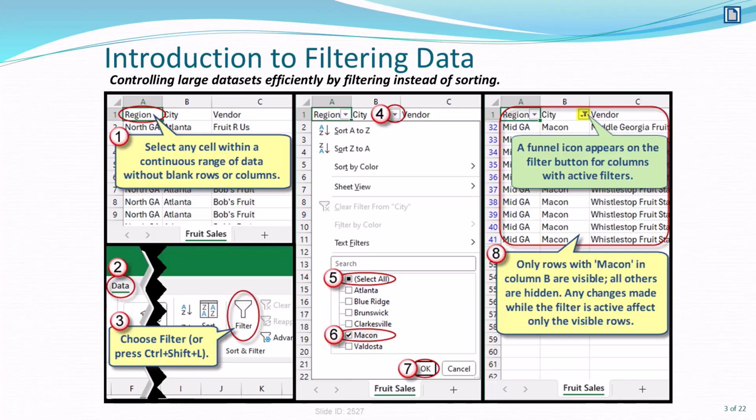Now, a great thing about the filter feature is that when data is filtered, the hidden rows are protected. That's not always the case. If you've attended other of my presentations, you may have seen where I talk about the group feature and also the subtotal feature, which creates an outline of the data. Outline data, the hidden rows are not protected, and you can inadvertently format or affect the hidden rows. But